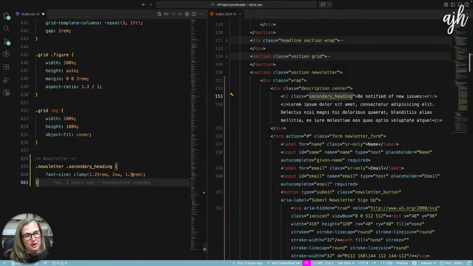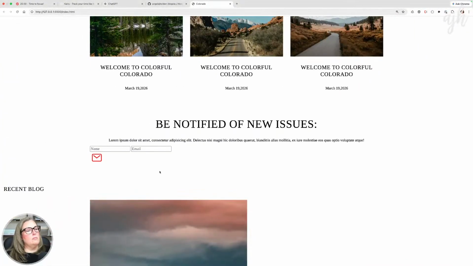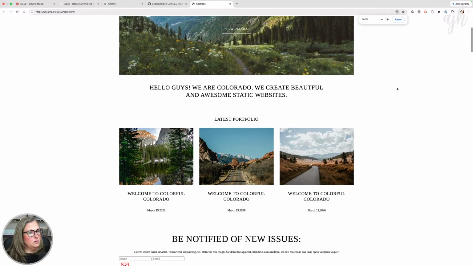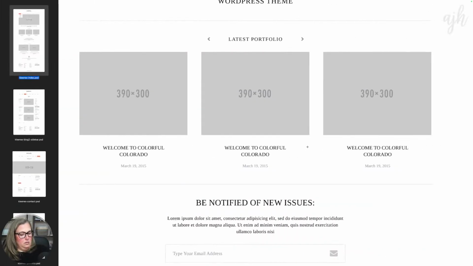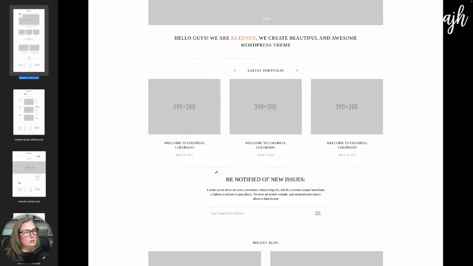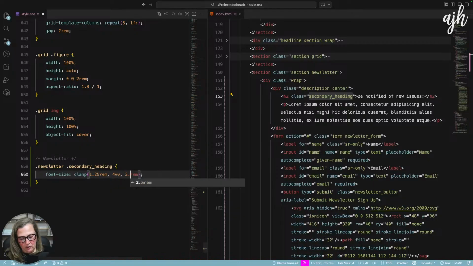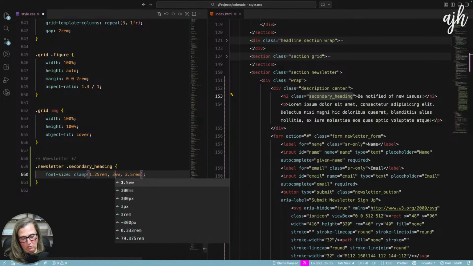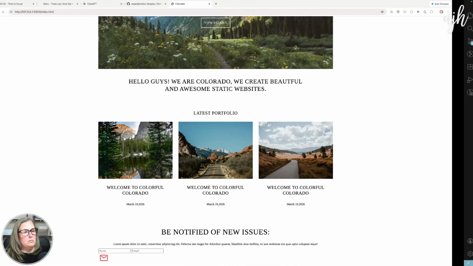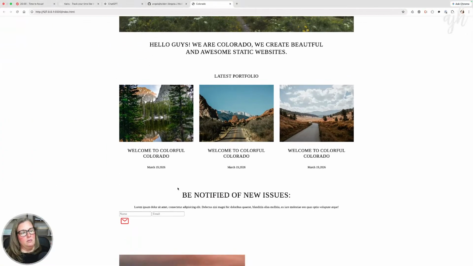But I think for desktop, let's try this. That is pretty big. Oh, but it is a little bit bigger, even than this. But I don't think it needs to be that big. So let's try 2.5. Yeah, that looks about right.